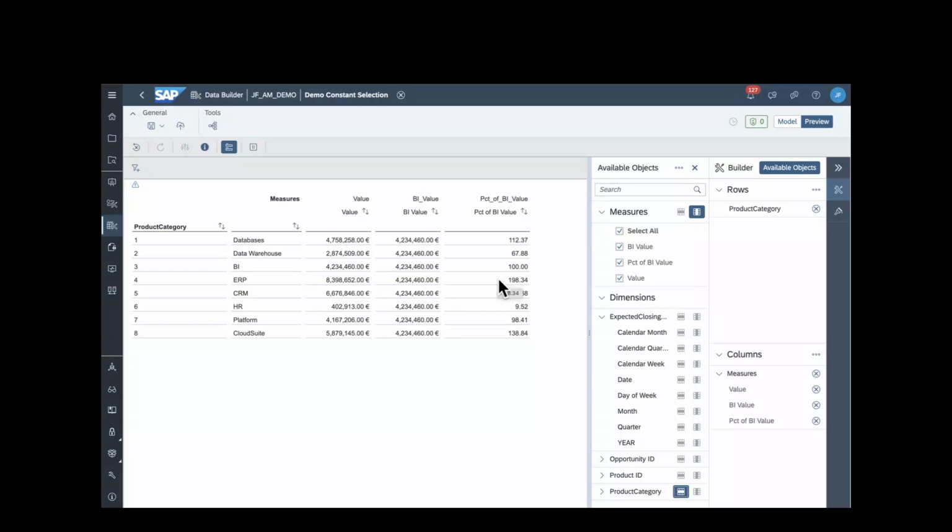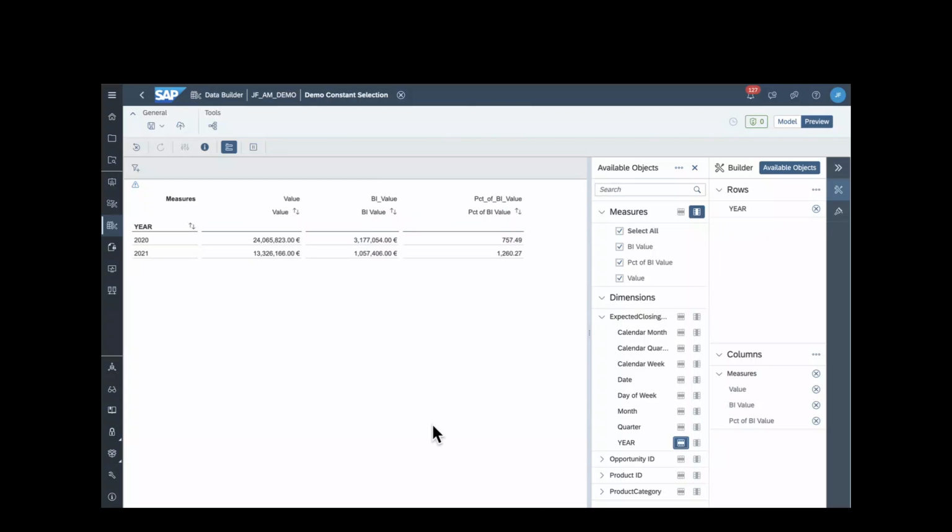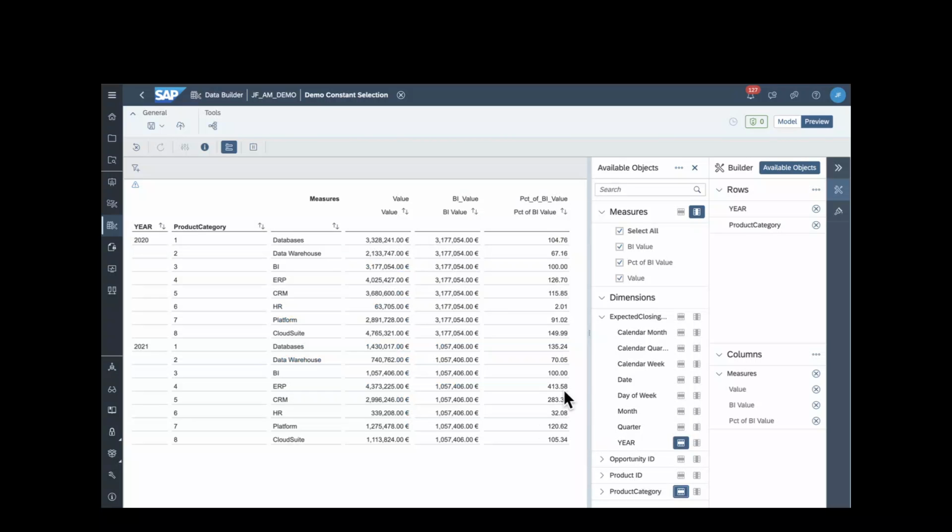Obviously, this comes down here to 100%, while others, like the 8 million here, are quite the double of that BI value. And so if instead we are now taking a fully different drill and say we're drilling by year, then this year number, again, that's my BI value in that year. Across all products, so there's no product category drill down, but it's a normal restricted measure. So that's BI value in 2020. And we can ascertain that by doing that drill down. And so again, that 3177 is exactly that number within the year of 2020, or if we take the drill down of 2021, it's this